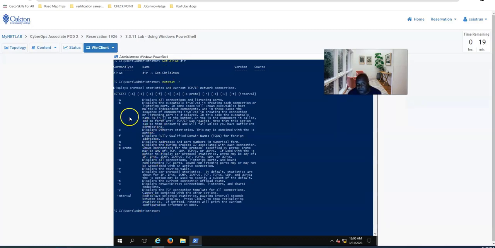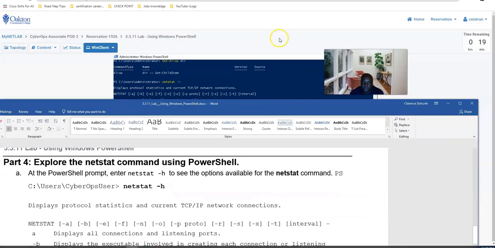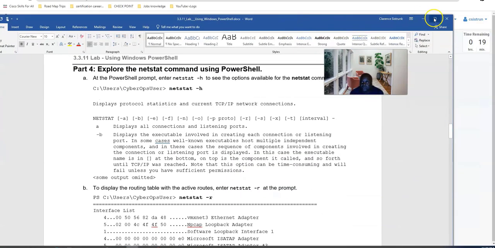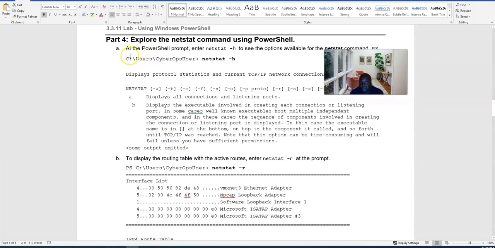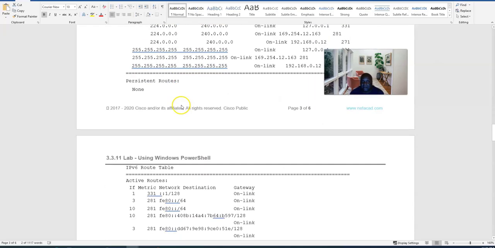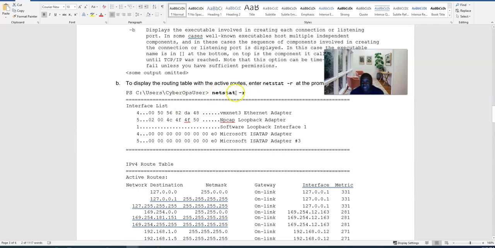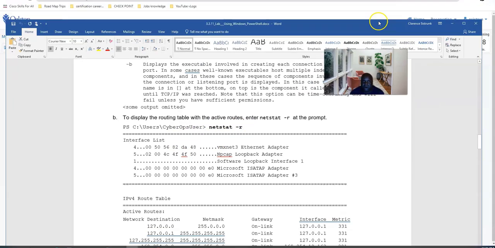Now this gives me all the different types of commands that I can use with net start. And that's what it wants you to do. It wants you to begin to learn how to use PowerShell. So as you can see, explore the net start command using PowerShell. At the PowerShell prompt, enter net start -H. You got that, you type it in. This is what it shows you. Now mine didn't go that deep because I haven't done this, but let's go ahead and put the R in